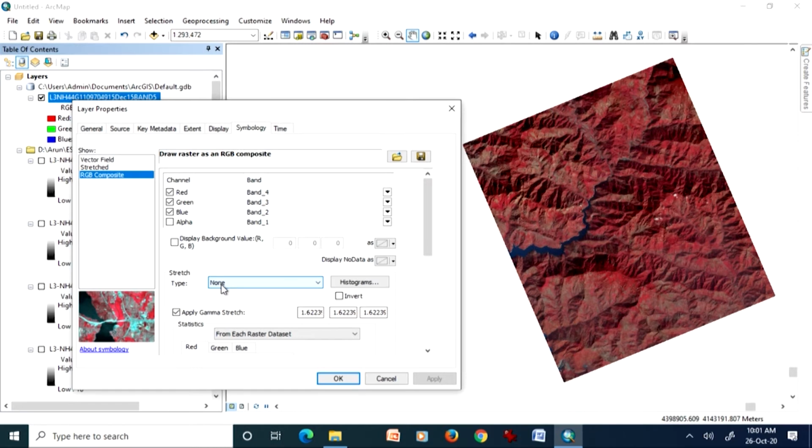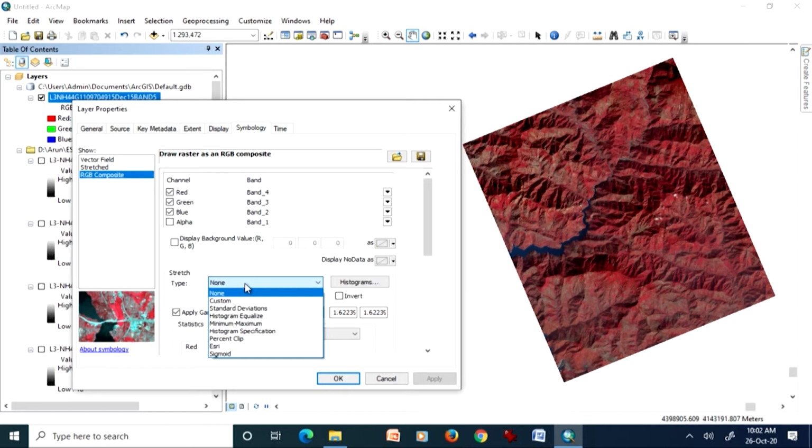Now, there are various stretching or enhancement techniques available here. Of course, there is custom, where we can do our own custom stretching if we have full knowledge of the distribution of image pixels and frequency. Then there are standard deviation, histogram equalize, and minimum maximum, which is also called linear stretch, whereas histogram equalize is a nonlinear stretch. Then there are percentage clip, some that Esri has made on its own, and sigmoid also.